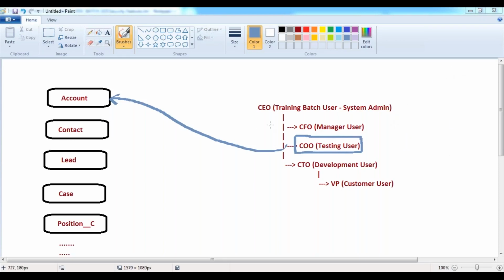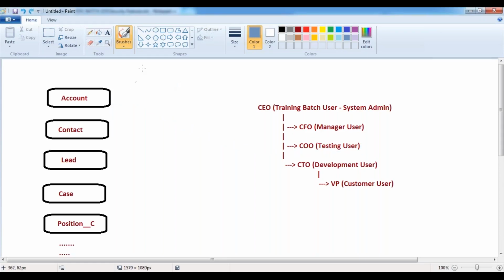In this case, we are going to be using the option called OWD option, so that here we indicate the OWD for each and every object. Depending upon our application requirement, we can decide the different OWD option.